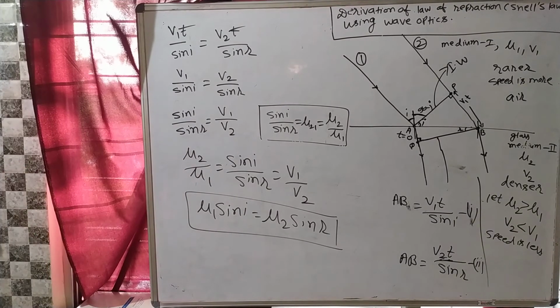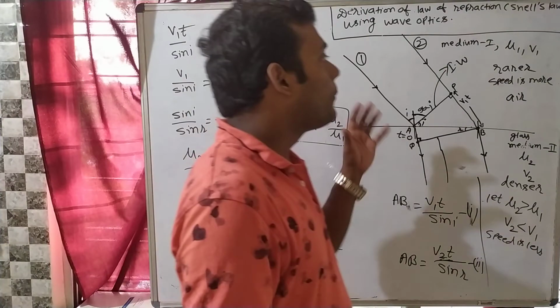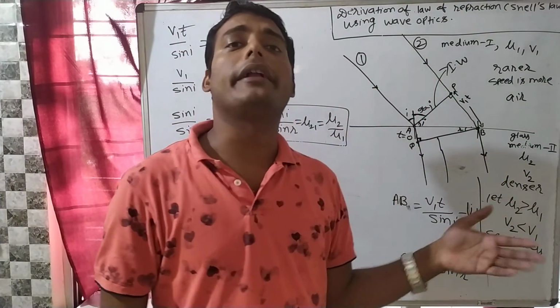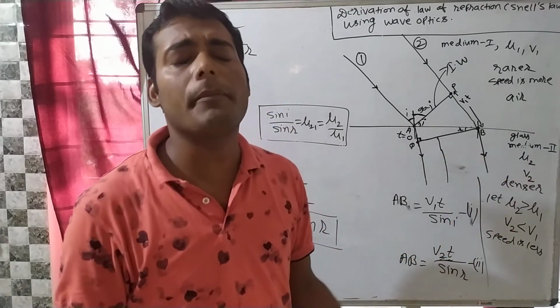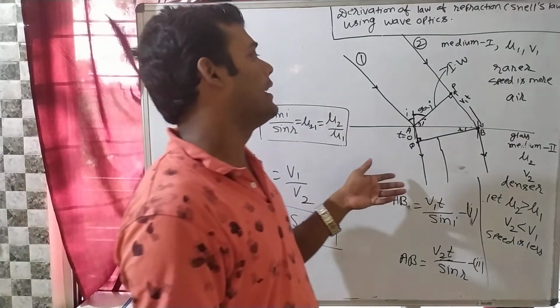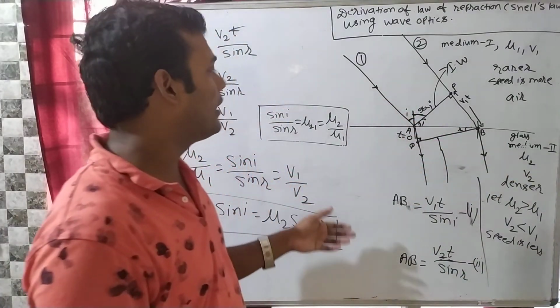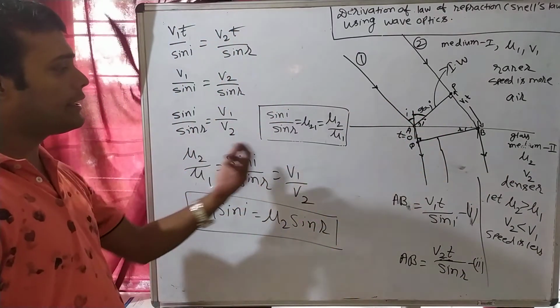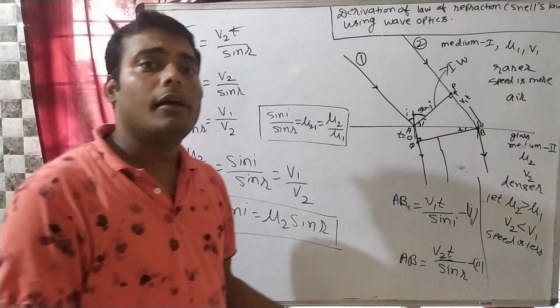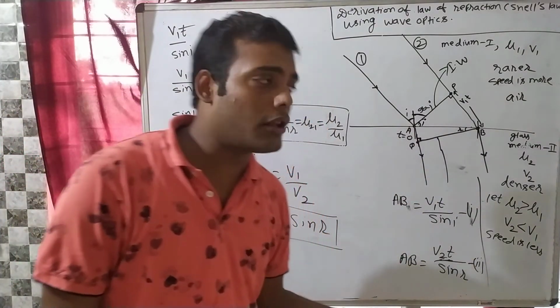Okay. So prepare this topic nicely, because this derivation comes frequently in each and every board examination. This derivation is very easy actually. If you understand the figure, then we have to make sin I, sin R, and then the results will come. For that you need to know Snell's law also.